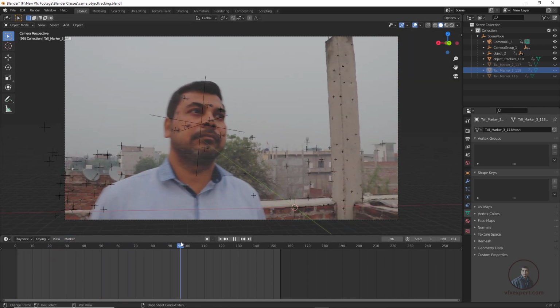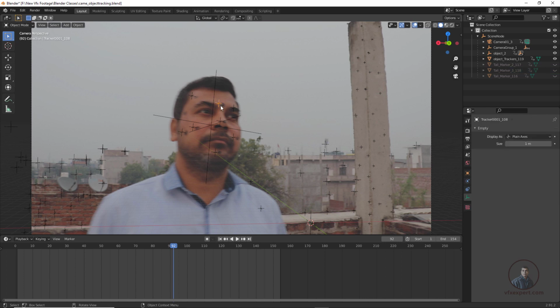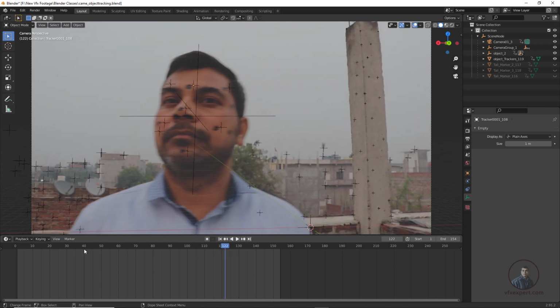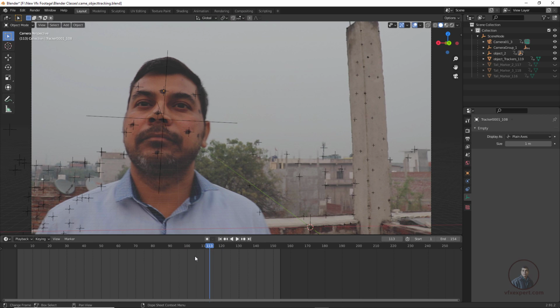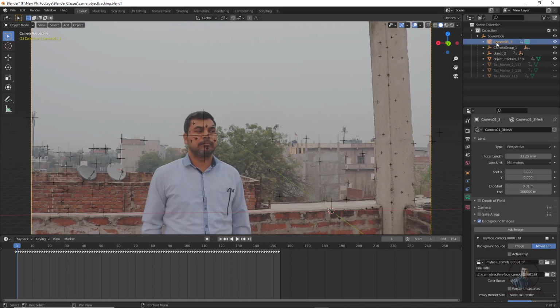Now if you see, all these are locators or points on our face, and this is not matching exactly as in PFTrack. You can see this is a little bit offset from here. So it's not in its own position here. This is mainly due to some frame offsets in the timeline in Blender. So how can you manage all these problems? Here, first if you select this camera here, downside you will get the camera animation keyframes.